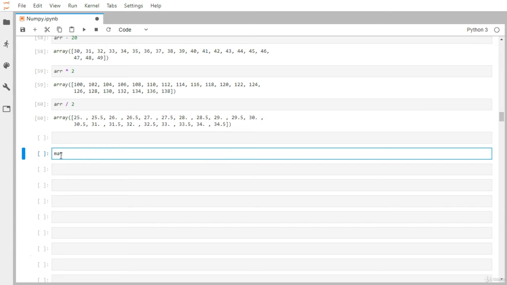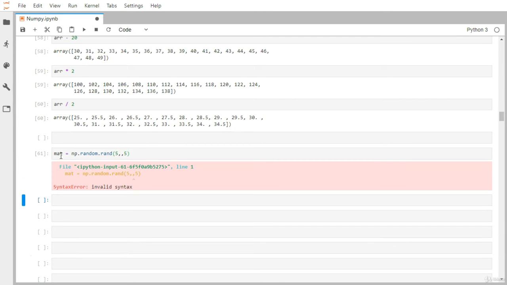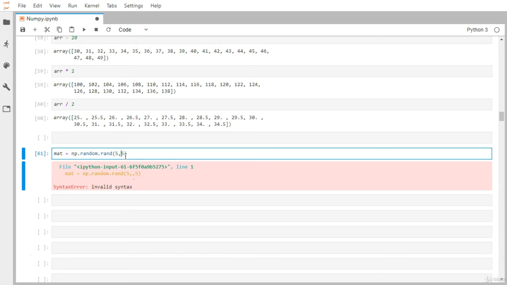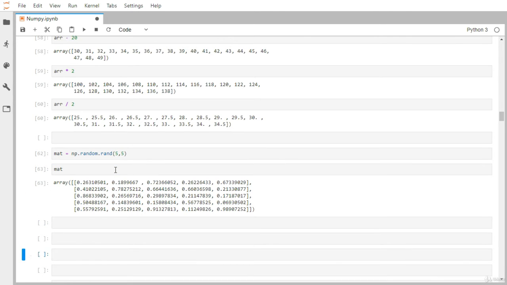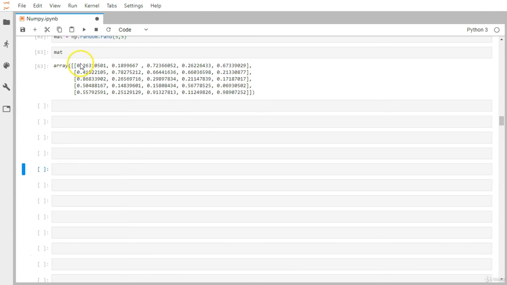So mat, I will create it with np.random.rand. So a 5 cross 5 matrix I will create. And if I just display it, you can see we have created this 5 cross 5 matrix, or I would say 5 cross 5 NumPy array.